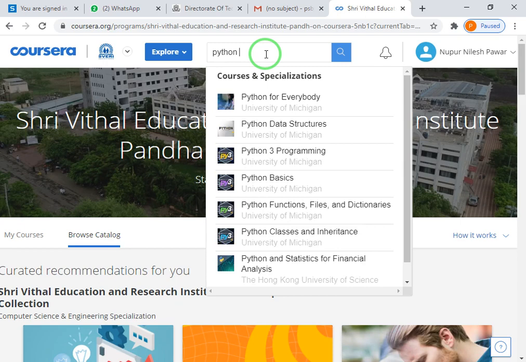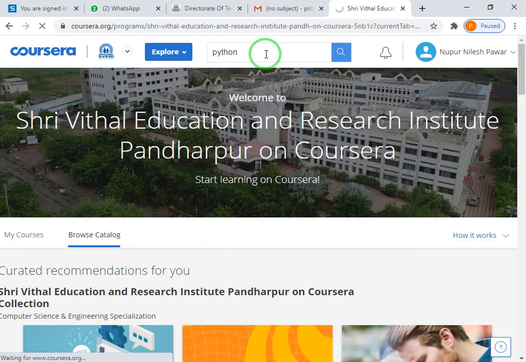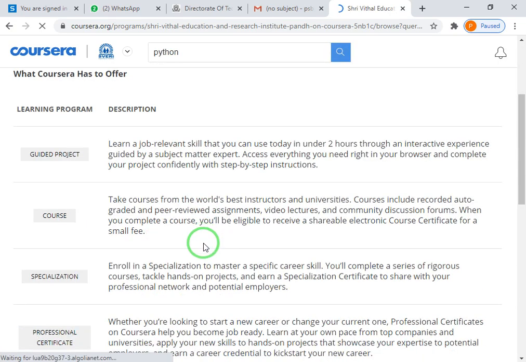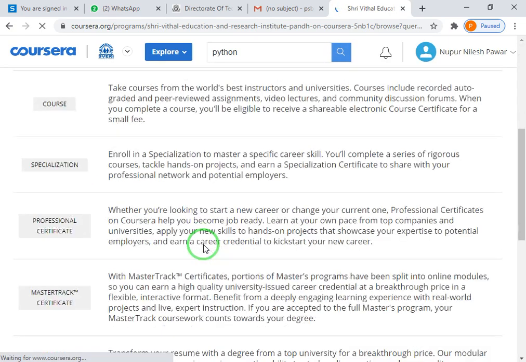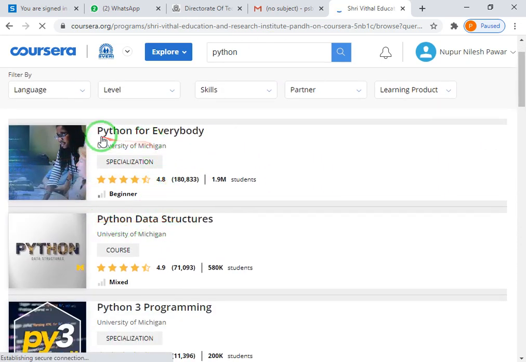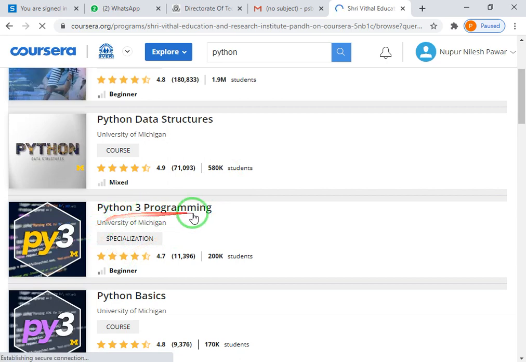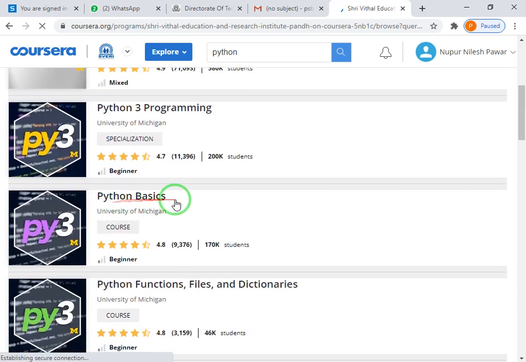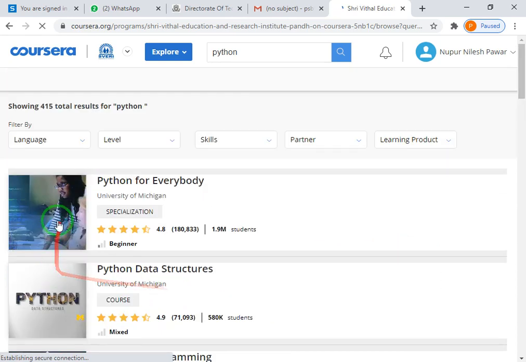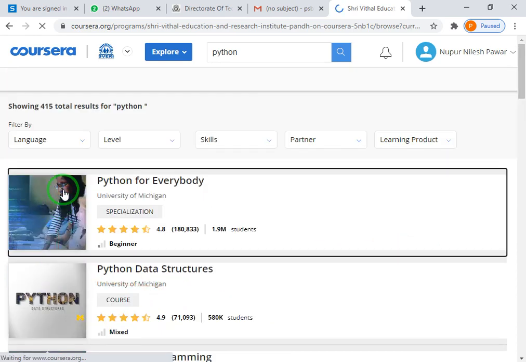Okay, Python programming. All the courses related to Python will be displayed here: Python data structures, Python for everybody, Python 3 programming, Python basics. Click on any course here.